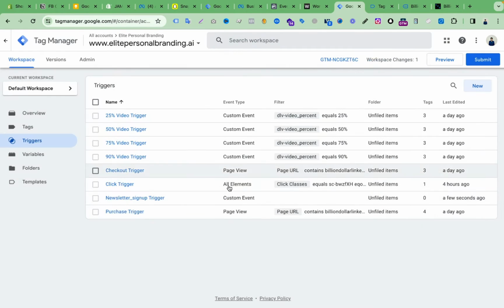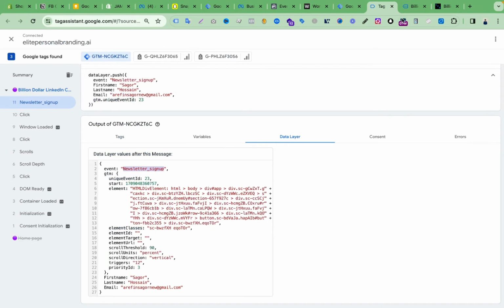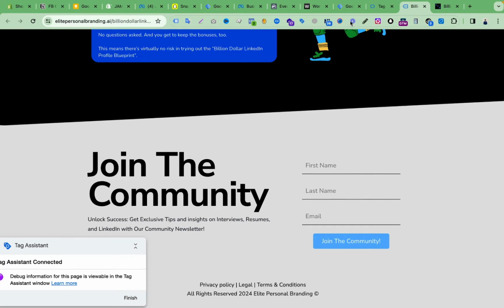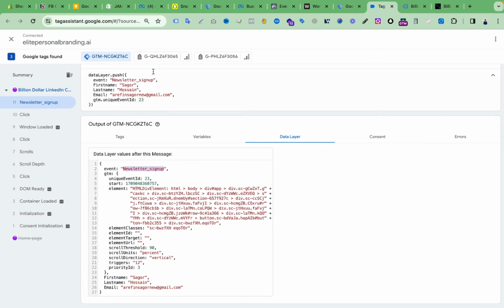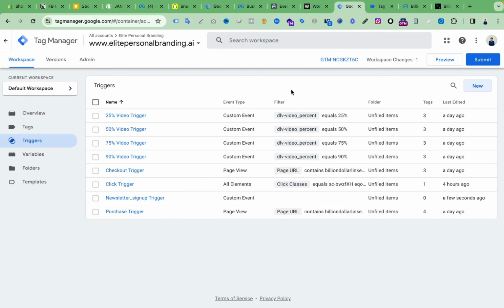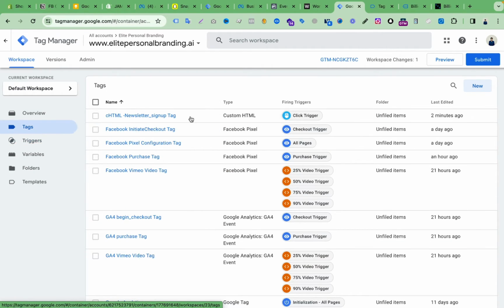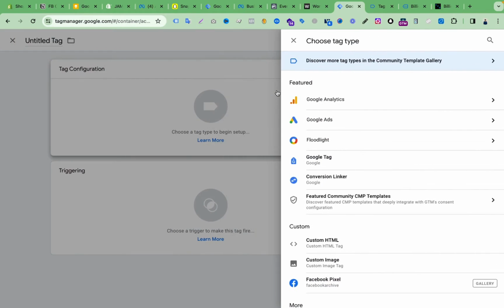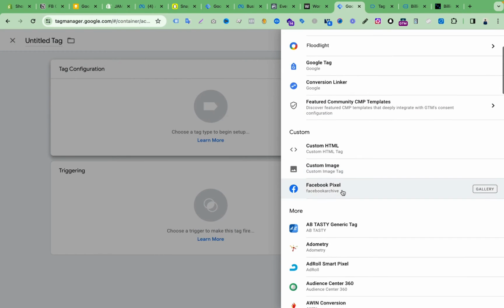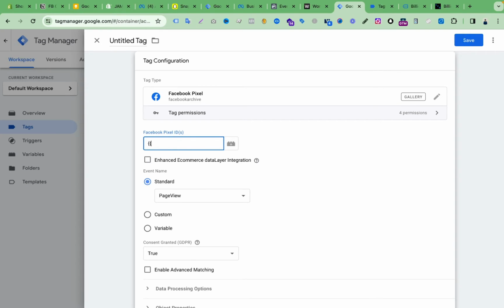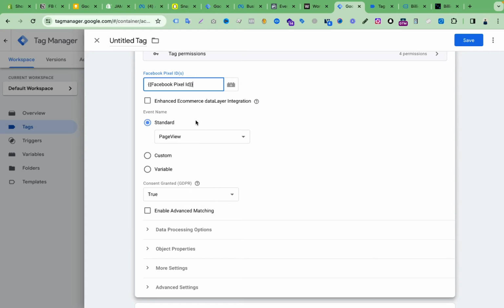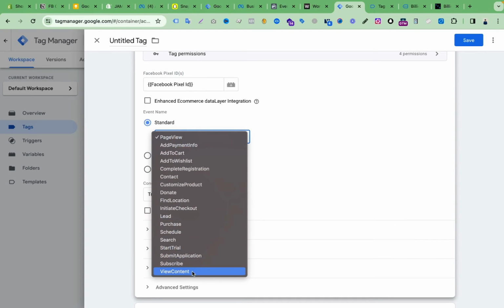Now we can use this trigger for this form submission and track our Facebook, TikTok, or Google Ads conversion tracking using this data layer event. So let's see how we can do this for Facebook. Let's say for Facebook, so we have to go to tags and create a new tag for Facebook. Here you can see Facebook pixel, then add our Facebook pixel ID. Then from event name we can choose this one as a